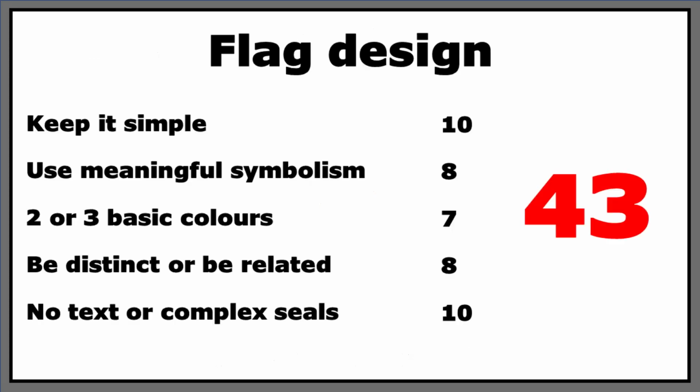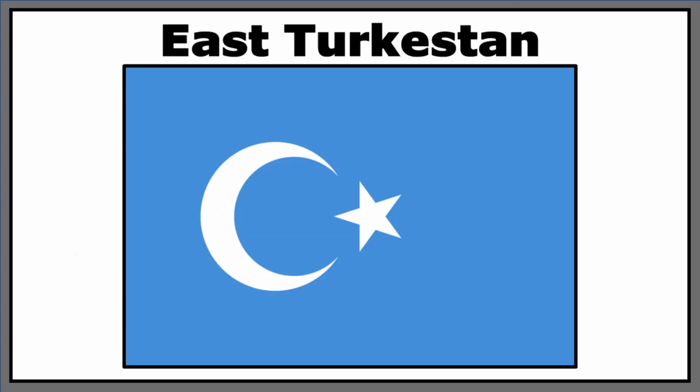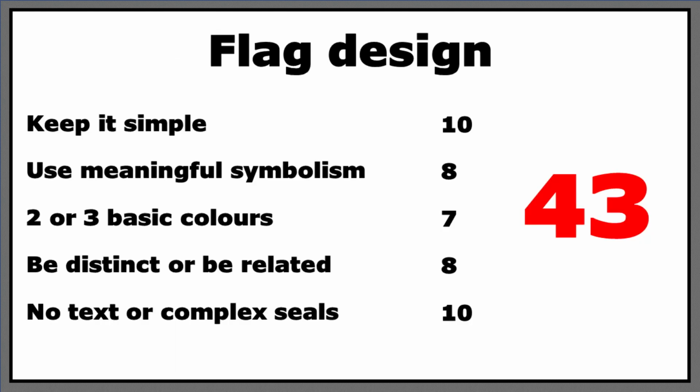The flag scores maximum points for simplicity, combining a simple tricolour with a well-known central motif, and gets 8 points for that motif as well as the rest of the flag symbolism. There's just something about that Turkic blue. Although in my opinion the Azerbaijani flag does use colour well, it has 4 colours, which means it misses out on 10 for the basic colour metric. Like many flags, the crescent moon and star help to tie this flag in with its nation's culture and religion, as well as Islam in a wider sense. Therefore, this flag scores well for distinct or related. No text or seals is an easy 10 for Azerbaijan.